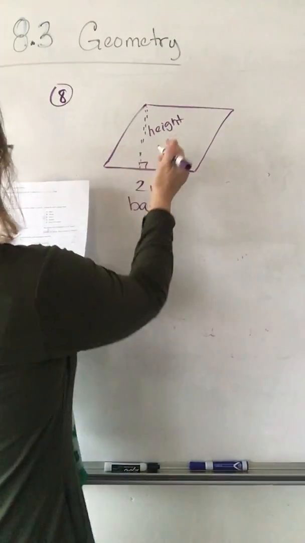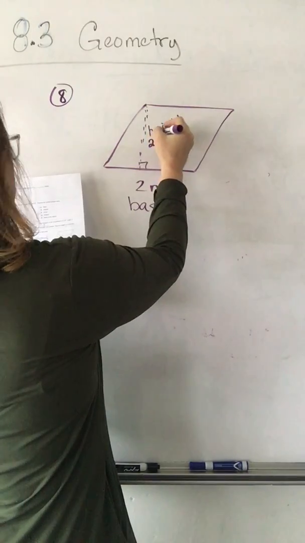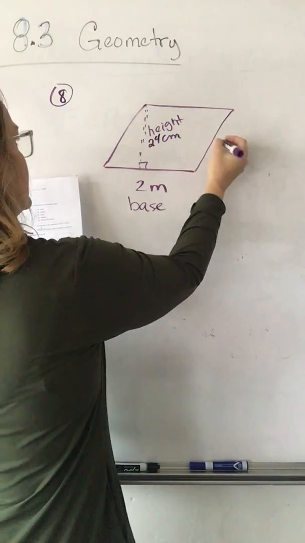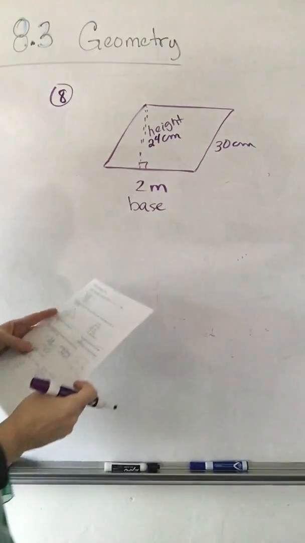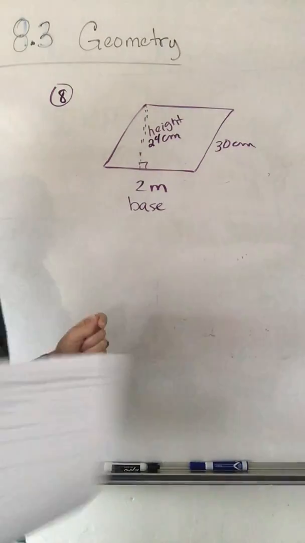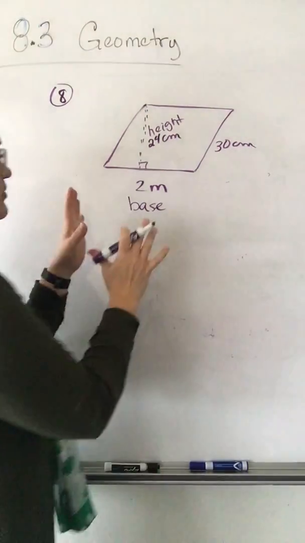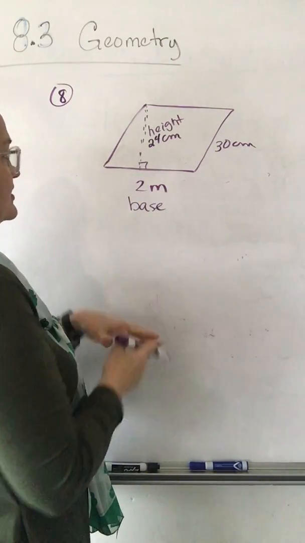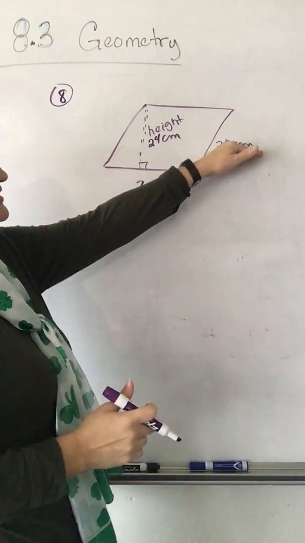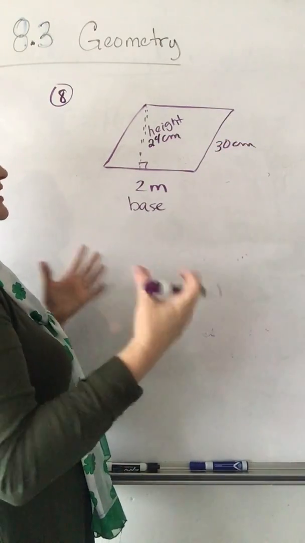Then the other one tells us this has a 24 centimeter height, and then a 30 centimeter on the sides, on that side. And then it tells us to figure out the area and the perimeter. Now, a problem with this one is they've played a little trick on us, maybe you'd think. They put this one in meters and this one in centimeters,